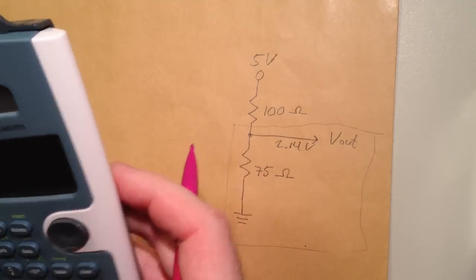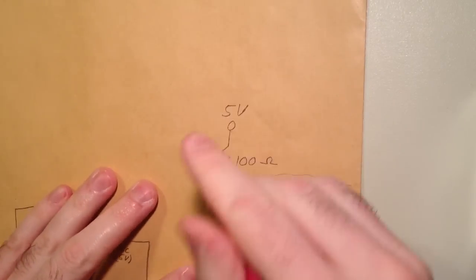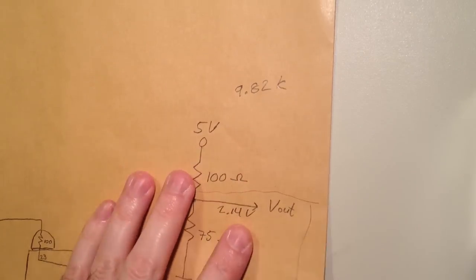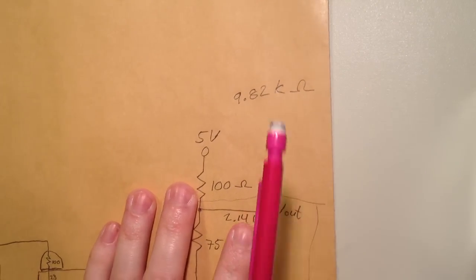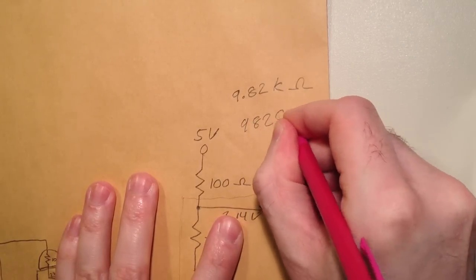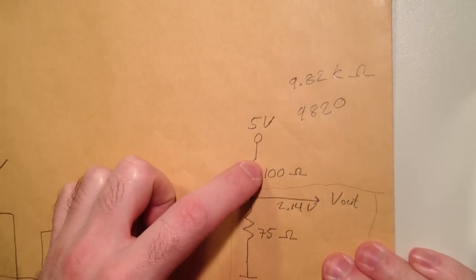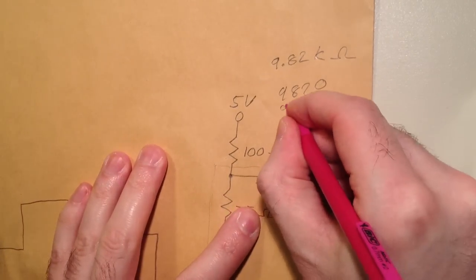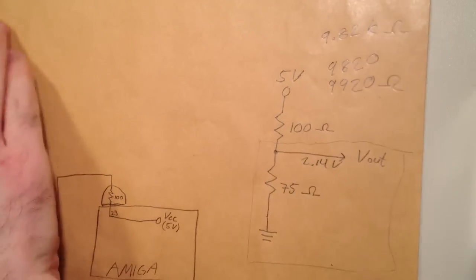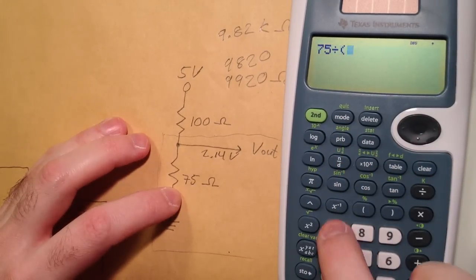Now let's calculate this again, but this time with the 9.82 kilo ohms resistor. So 9.82 kilo ohms equals 9,820 ohms, and then we have to take this 100 ohms into account that is in the cable. So then we got 9,920 ohms suddenly. So if we do the calculations again, well, 75 divided by 75 plus